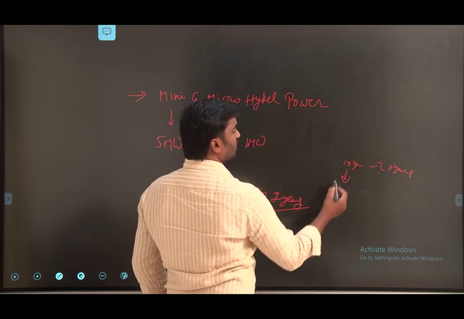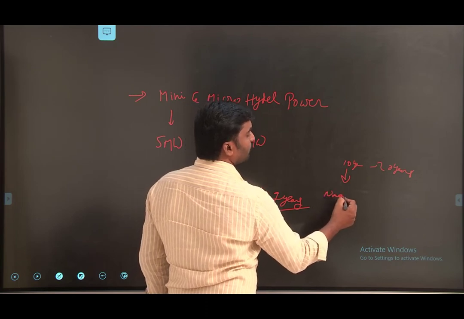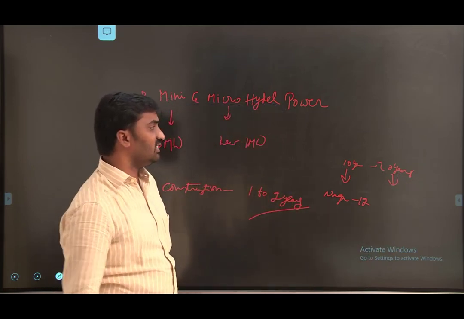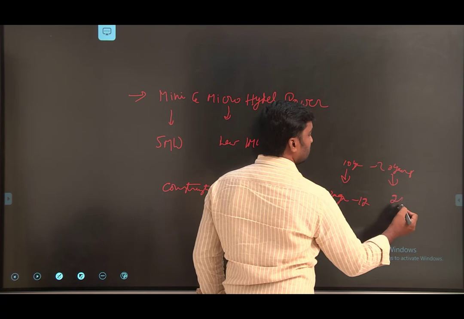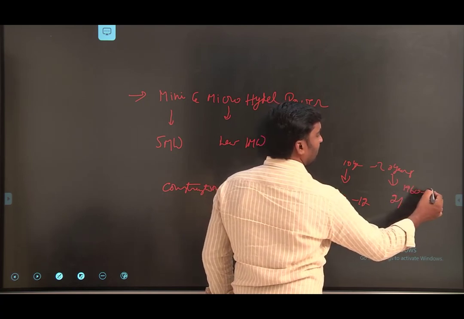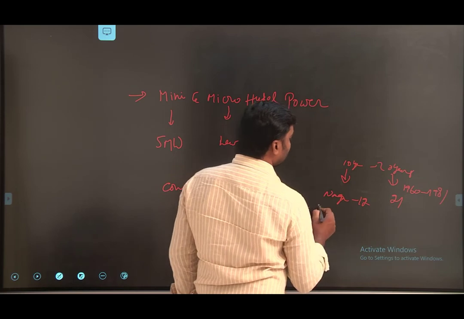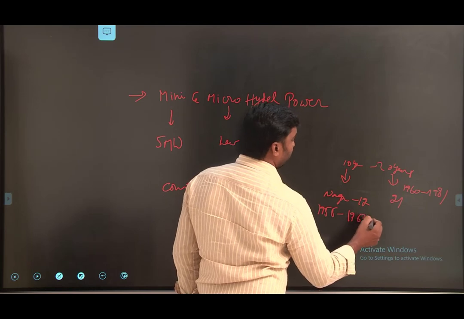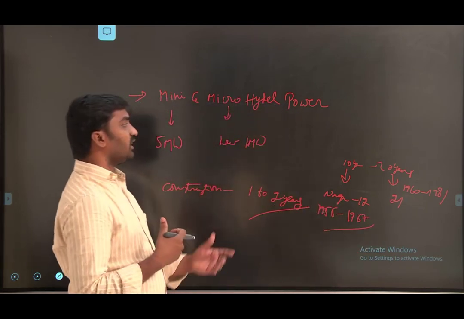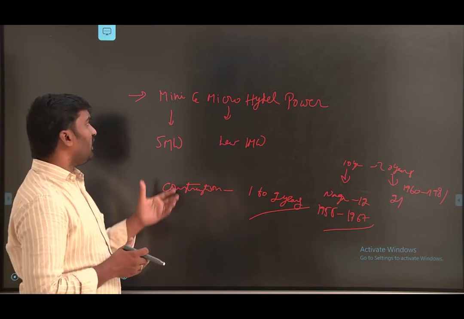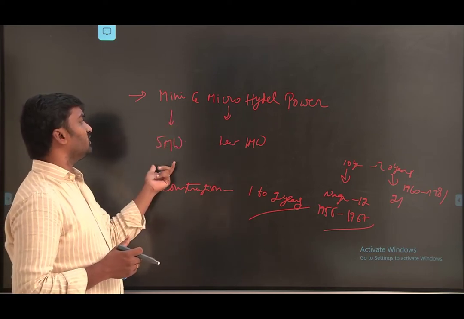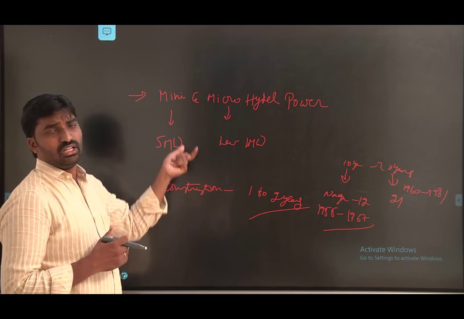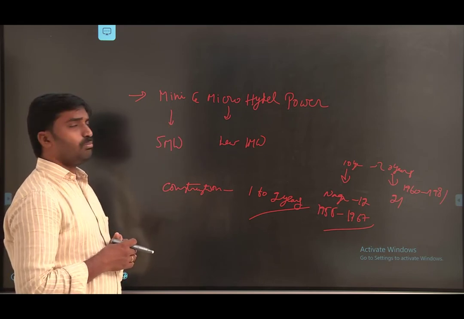You already know that the Nagarjuna Sagar takes 12 plus years for construction of the power plant. And the Srisailam power plant took around 21 years; it was started in 1960 and ended in 1981. Nagarjuna Sagar was started in 1955 and power was produced in 1967. So it takes a very long time to construct hydroelectric power plants, but in the case of mini and micro hydro power plants, we take very little time, that is 1 to 2 years. So that's why we need to focus on mini and micro hydro power plants, which are also very important for increasing power production.